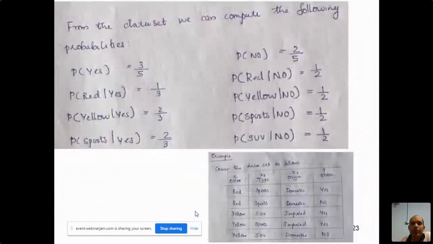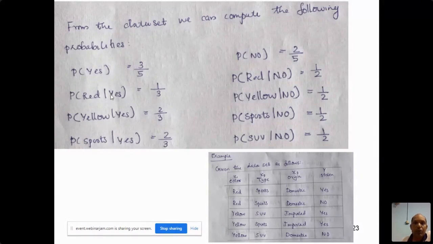So here you can see how you will calculate the probability. For the probability of S, you look at the class labels in the data points. We have 5 data points, in which how many are S? 3 S are there. 3 class labels are S. So the probability of S in the class label is 3 by 5, where the total is 5. Similarly for no, it is 2 divided by 5.